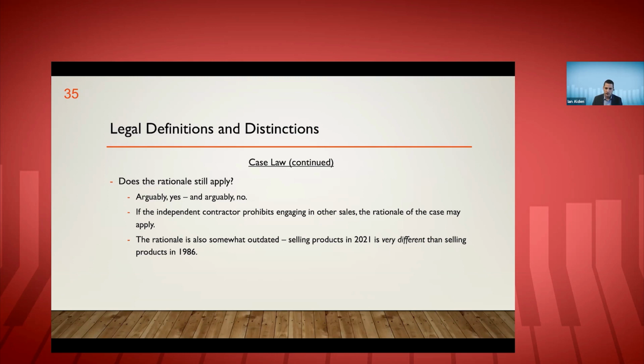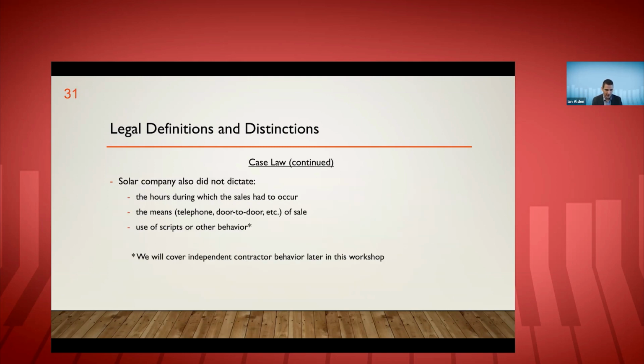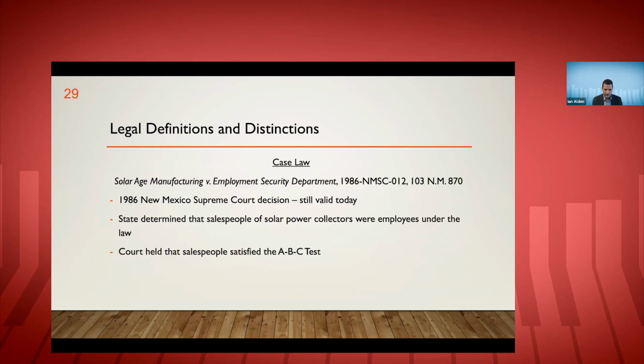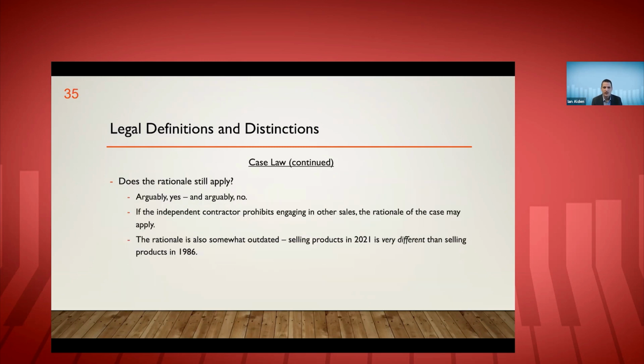If you can make a good showing that you've satisfied these tests, and then a government agency says, no, you've misclassified them anyway because we feel you have, you can win in court. And I think that's really the biggest takeaway from case law. This case right here, it's a 1986 case, but it suggests that you do have recourse if you have independent contractors and some government agency says, we think they're employees.